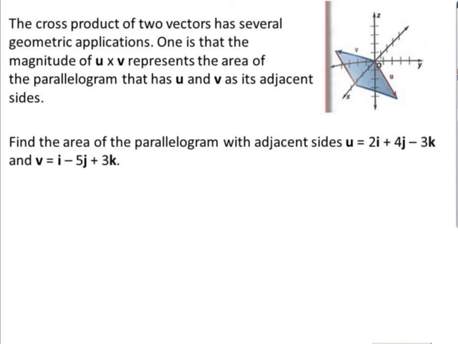The cross product of two vectors has several geometric applications. One is that the magnitude of u cross v represents the area of a parallelogram that has vector u and vector v as adjacent sides. So if we have vector u right here, and vector v starts at the origin just like vector u, and it is adjacent, which means they touch. If those are two sides of your parallelogram, then if we finish creating the parallelogram, we can find the area using the cross product. So again, if we do u cross v,